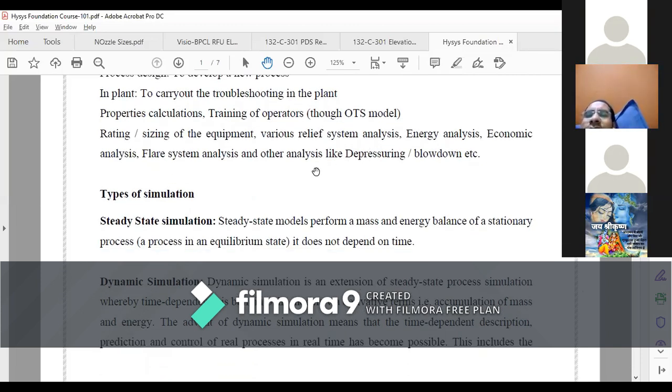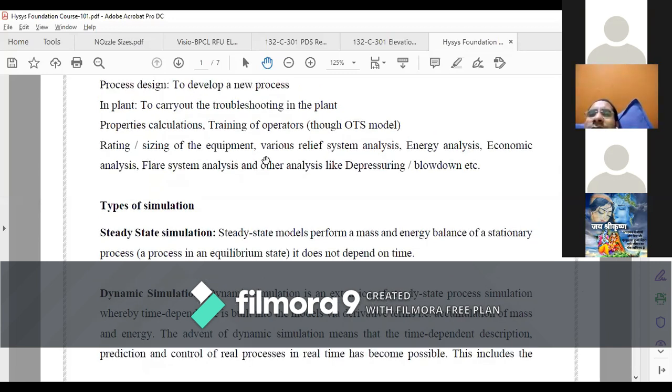Next is the rating and sizing of equipment, various relief systems, and energy analysis. By using the HYSYS simulator itself, we are doing the rating and sizing activity of the equipment. We are also doing the study of the relief system.